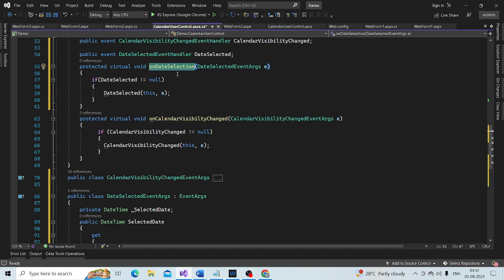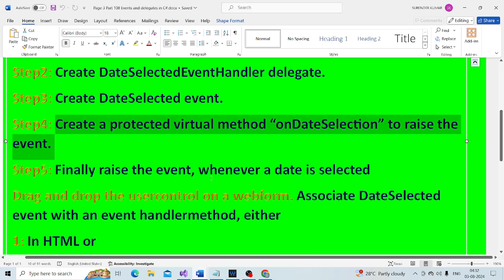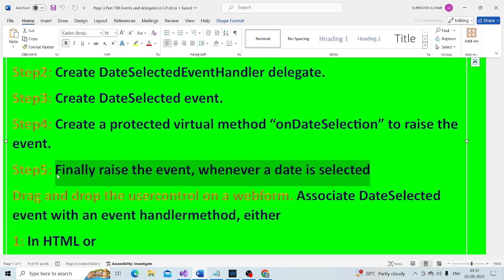So what is the final step? The final step is to actually raise the event.